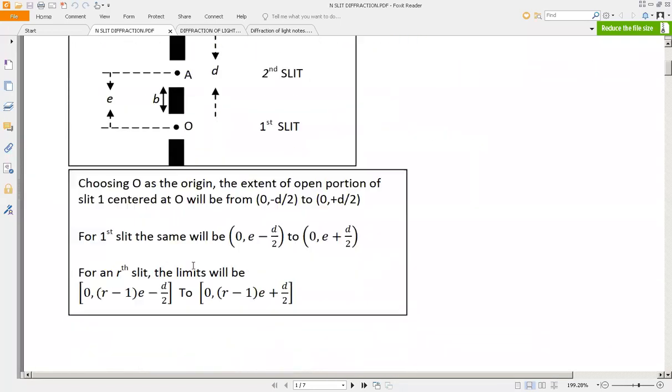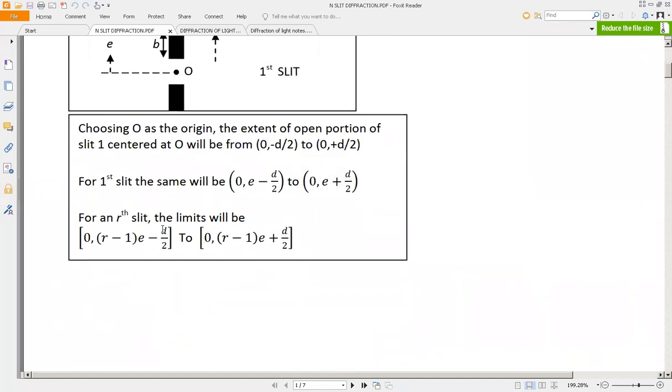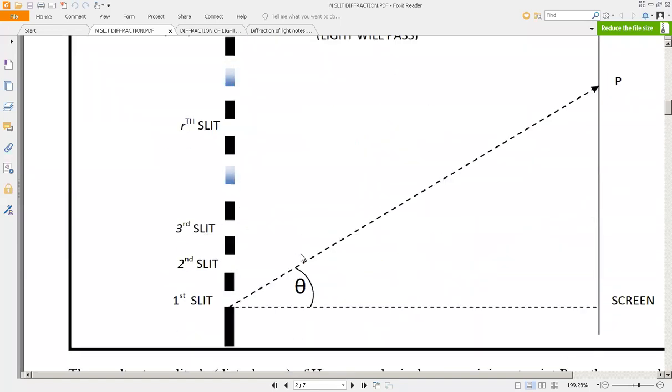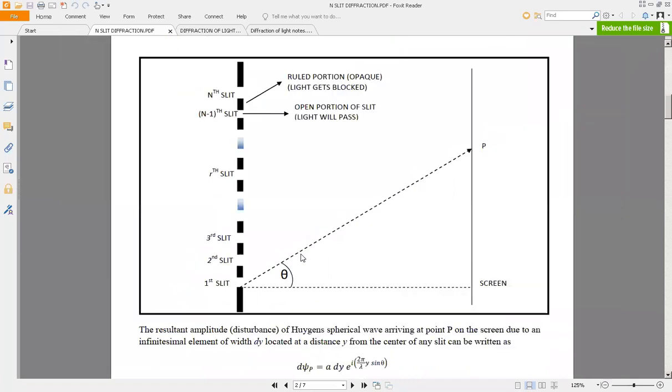Anyway, I am crossing time, so I don't want to discuss anything more. I'll post the notes. Just try to understand the slit limits. So this is the next picture which I am going to deal with in the next class. It is once again similar. Here I have removed the two rays also, because every time if I draw two rays, you can imagine how difficult it would be to draw two rays from each slit on this scale.